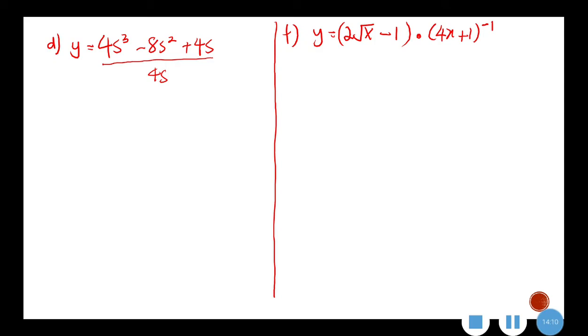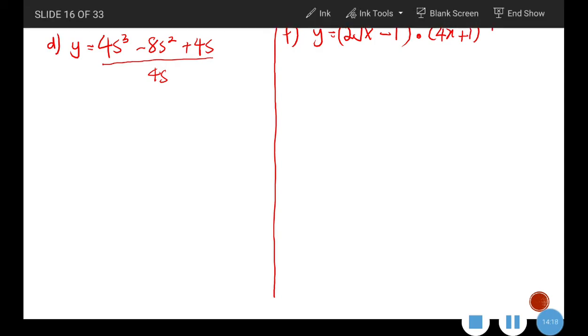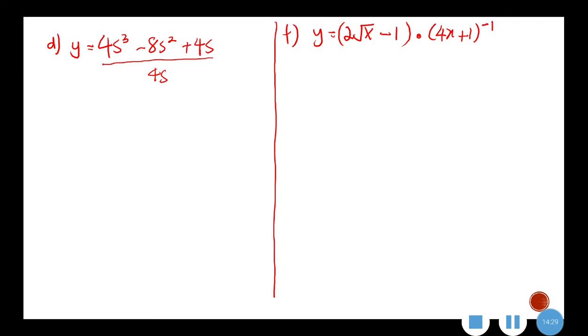Okay, so now we proceed to example D. If you look at example D, it is a quotient function, right? We have a numerator and denominator. Remember we have a formula, but as I said earlier for the product rule too, do we really need to use the product or quotient rule depending on the function? If that function we are able to simplify into a single function, then you don't have to use the product